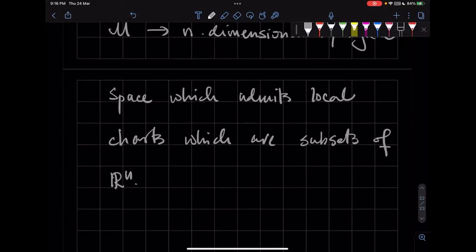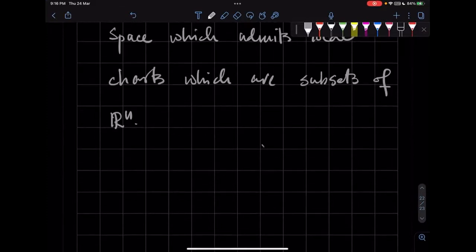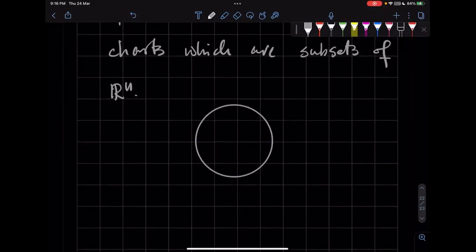We saw an example in a previous class where we took a sphere and then we found that